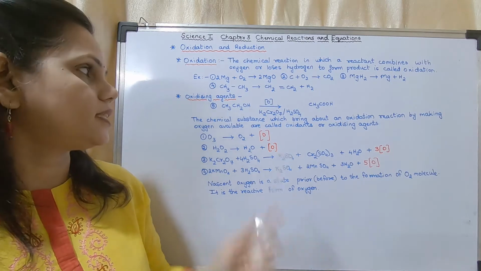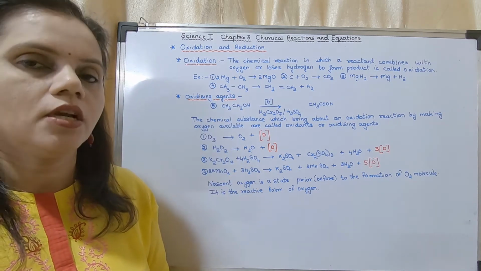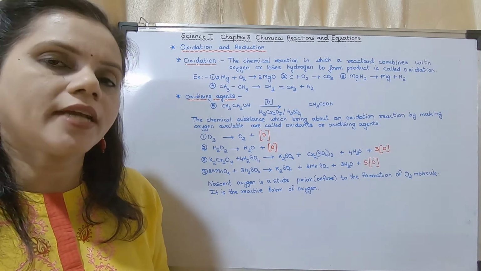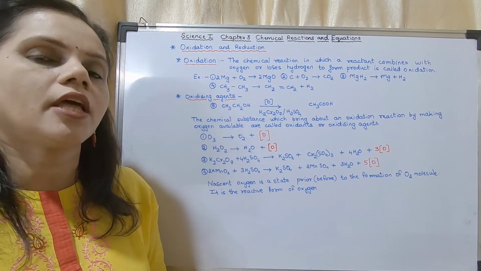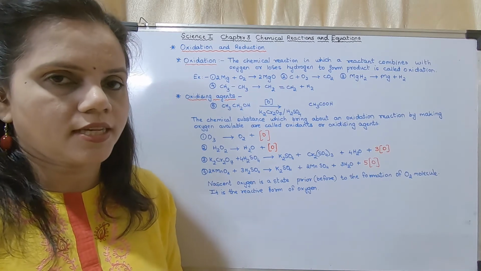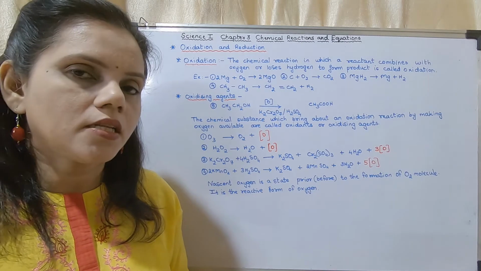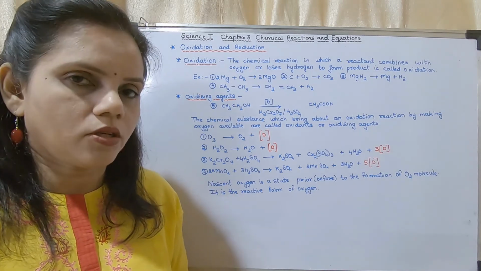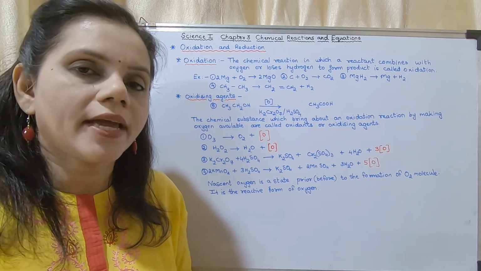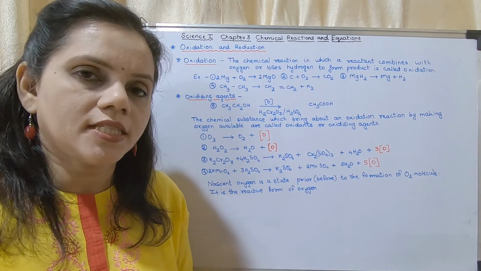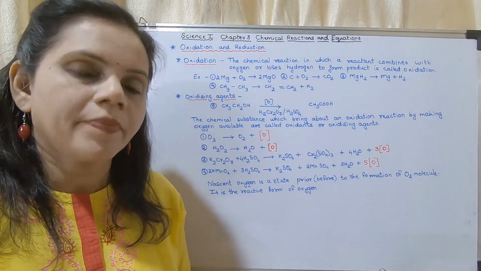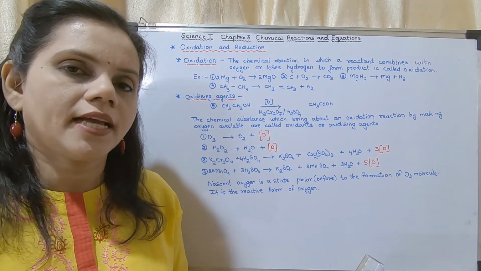Similarly, here there is an agent. Which agent? Oxidizing agent. So what does it do? It brings about oxidation. It helps to carry out oxidation. So such chemicals which help to carry out oxidation are called oxidizing agents. Okay, hope you have understood what an oxidizing agent is. I repeat, the chemicals which help to bring about the oxidation reaction by giving oxygen. It provides oxygen by itself. Okay, it provides oxygen to the reactants to undergo oxidation. Such chemicals are called oxidizing agents.